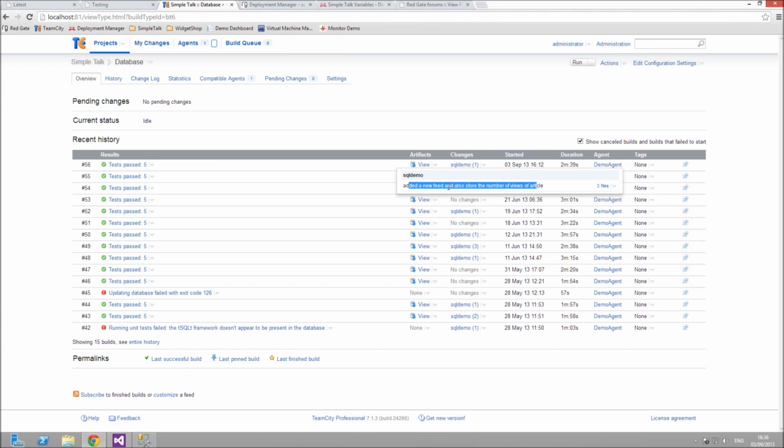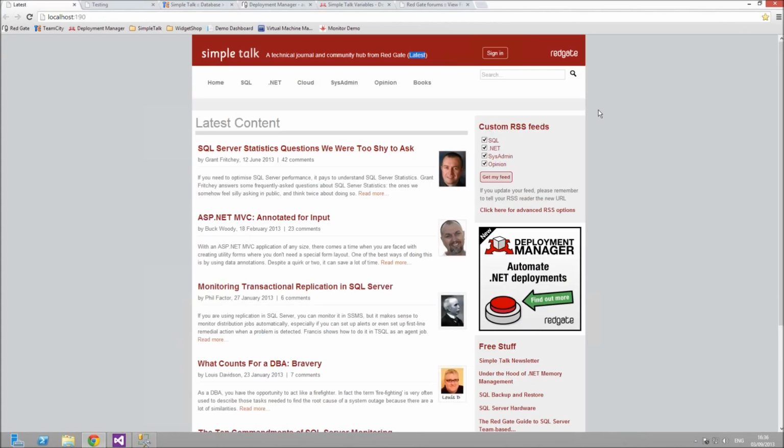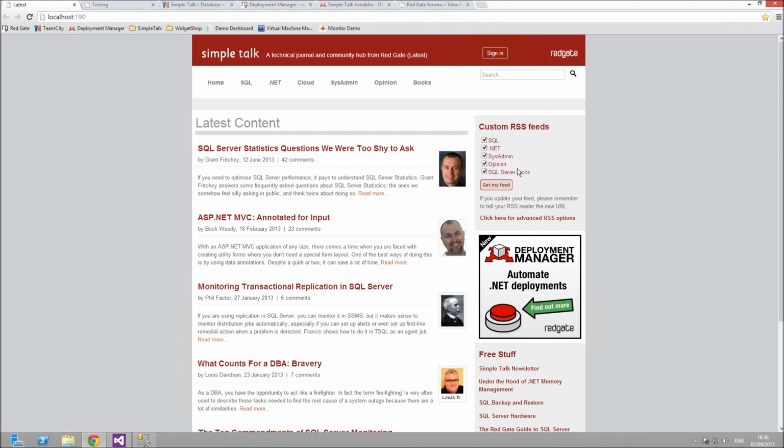different environments. In fact, ever since I made the change at the start of the webinar, which I committed with SQL Source Control, whilst I've been talking, Deployment Manager has been doing its thing and deploying that out. So this is the latest environment here, and if I press F5 to refresh this, the list of 4 feeds on the right-hand side will now include another one. So if I refresh the page, you'll see that SQL Server Rocks should appear as number 5, and there it